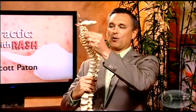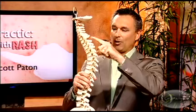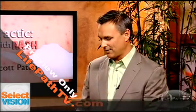Let me explain. The spine has 31 pairs of nerves that exit each vertebral level. Each one of these nerves goes to a very specific part of the body and serves a very specific purpose. Our neck has 7 bones called cervical vertebrae. The middle back, 12 bones, which we call thoracic vertebrae. And at the bottom, we have 5 bones, which are called lumbar vertebrae. Lastly, we have the sacrum and the coccyx. But let's look at one very specific level,